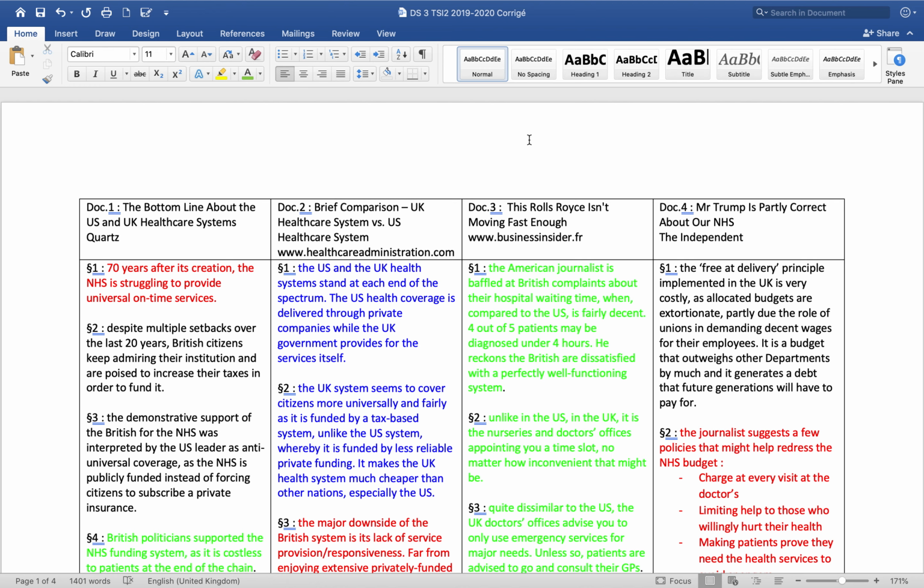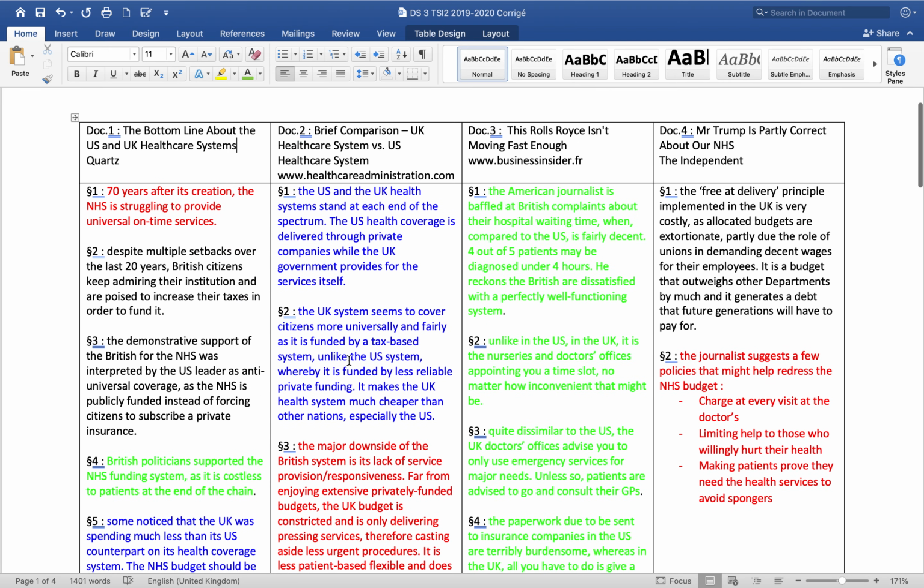So the subject was difficult, but I thought it was relevant considering what is going on at the moment. It's a real subject. It's not me who made that up. It's an official exam subject that was given to, I think it was E3A or something. So this is the type, unfortunately, of topic you might be given for the final exam, and usually students do not like this too much because you have to know a little bit about the US and the UK healthcare systems.